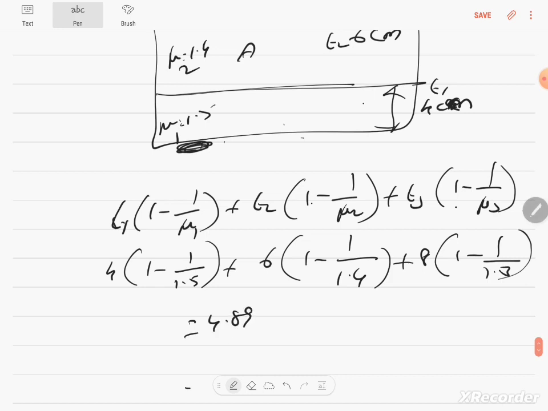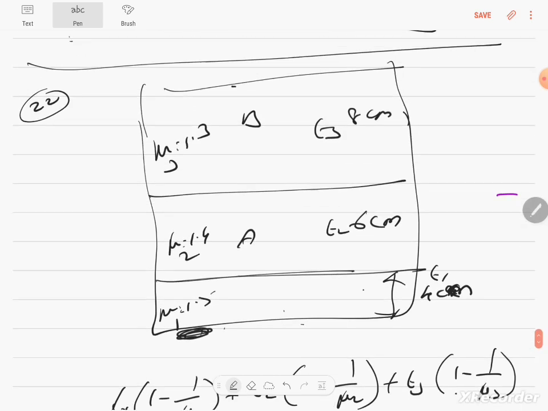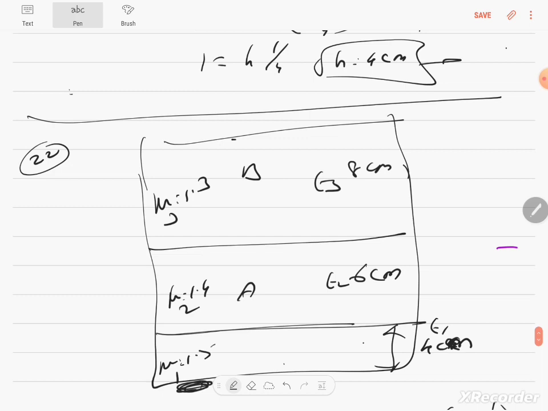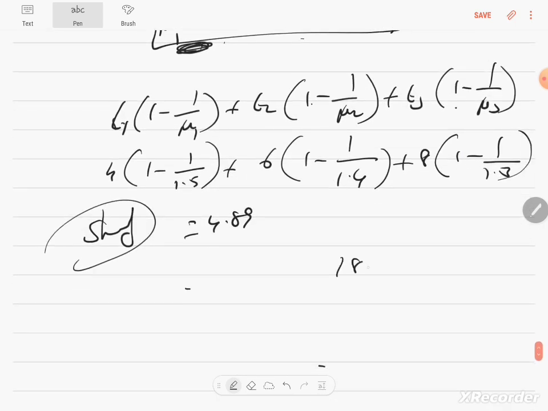And that will be actually what we have done. Okay, so the total apparent shift in the position of the image due to whatever we have calculated is a shift. Correct? What will be the total depth? Therefore, can you see he is not completed. Aurora has not done well. 6 plus 8? 14. 14 plus 4? 18. So 18 minus 4.89 will be the apparent depth, because what we calculated is from the bottom, what is